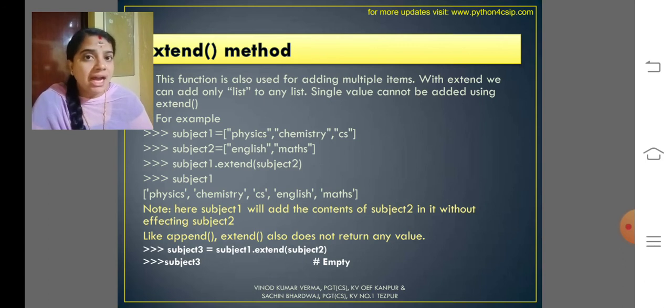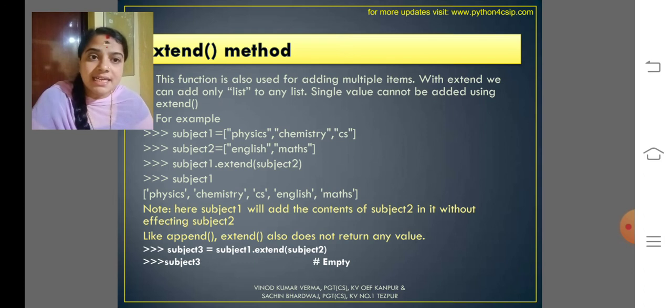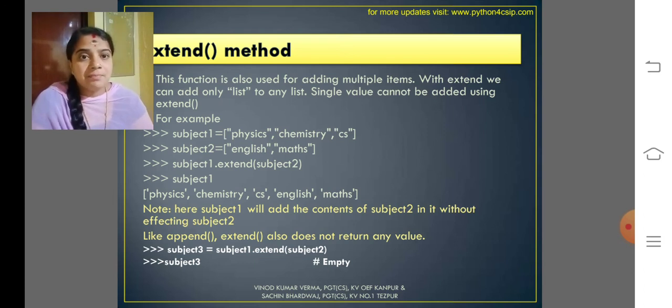So if I extend subject 1 with subject 2 by using subject1.extend of subject2, it will produce physics, chemistry, CS, English and maths. Here subject 1 gets the content of subject 2 added to it without affecting subject 2. Like append, extend also doesn't return any value.